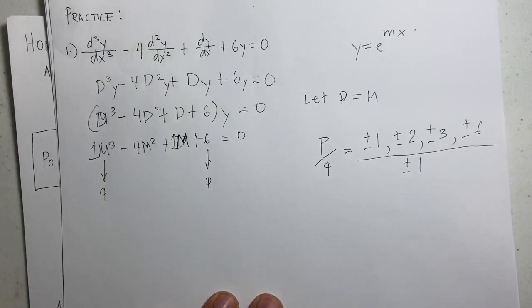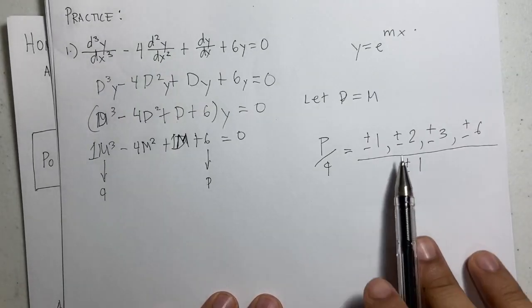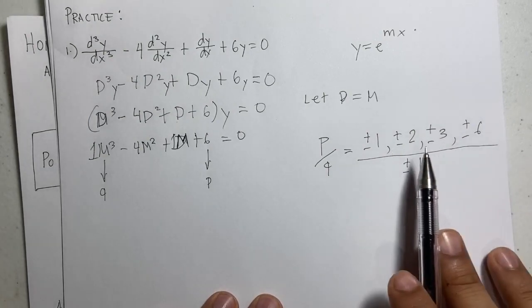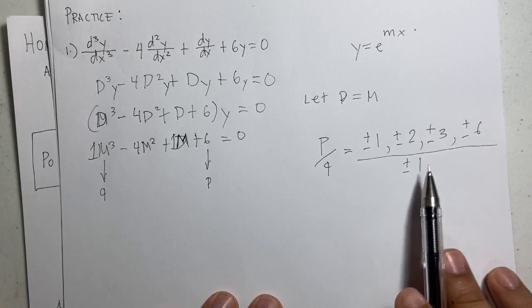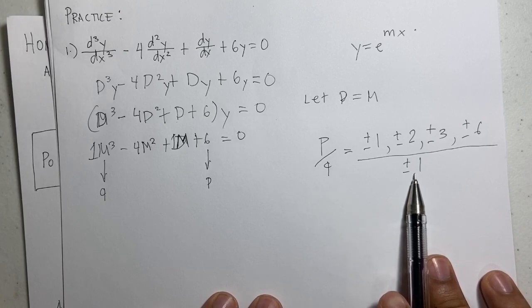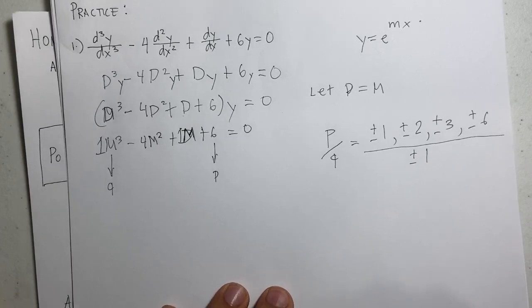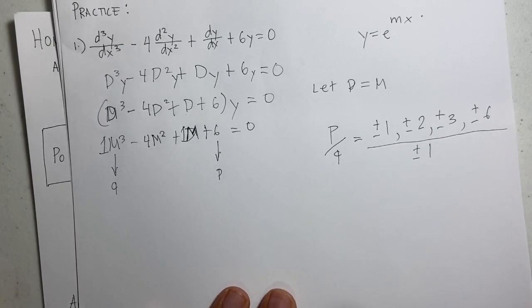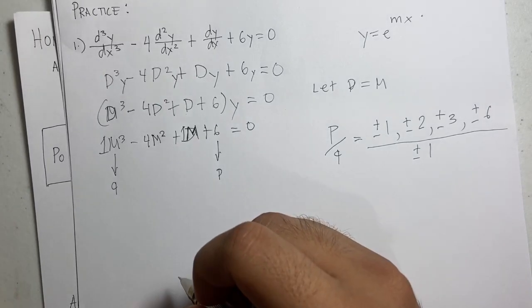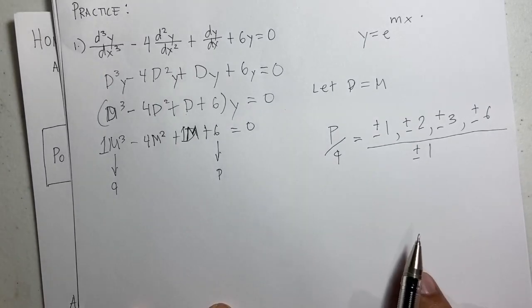Now, we're taking a guess here, but I guess positive 3 over 1, by the trial and error method. We're performing our synthetic division using 3,